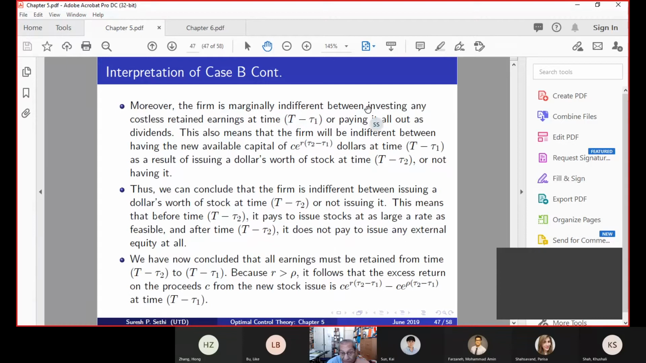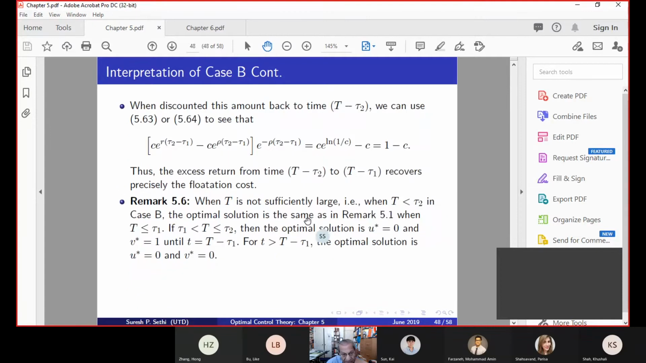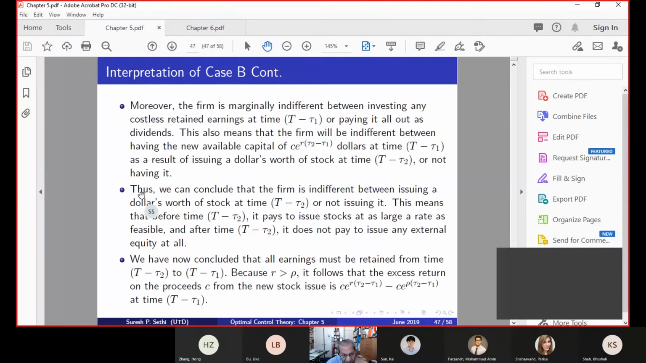Moreover, the firm is marginally indifferent between investing any costless return earnings or paying it all out as dividend. This also means that the firm will be indifferent between having the new available capital of this amount of dollars at time t minus tau 1, as a result of issuing a dollar's worth of stock at time t minus tau 2, or not having it. Thus, we can conclude that the firm is indifferent between issuing $1 worth of stock at t minus tau 2 and